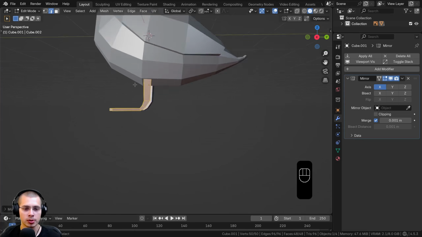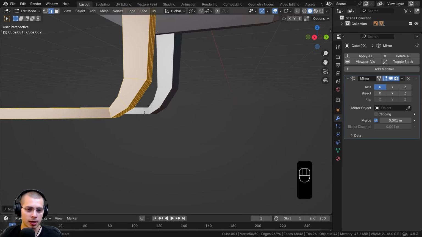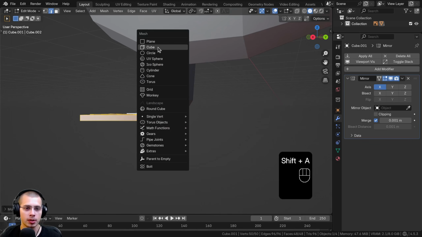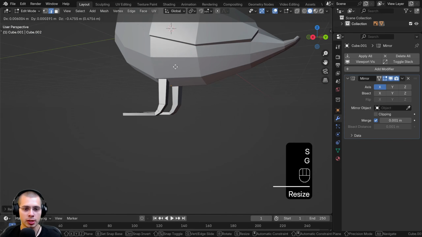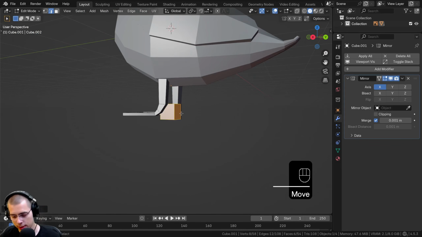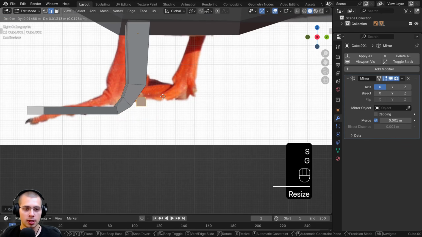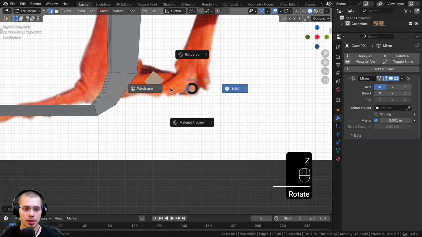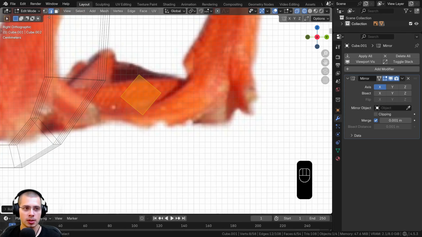All right, so we're almost done, but I also want to model a little cube here, which is going to be a little kind of a back toe there. So let's go to the add menu, and we're going to add a cube in edit mode. So shift A for the add menu, and we're going to add a cube, and we're going to scale the cube way down, and we'll hit G to grab and move it over here. And let's hit 3 on the numpad to go to side view, and we'll scale it down and move it over here. And we're going to rotate it a little bit, and then we'll hold down the Z button and go to wireframe and let go,